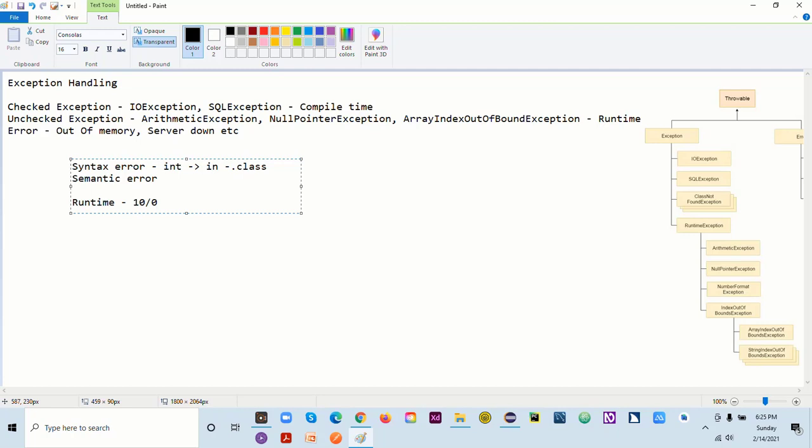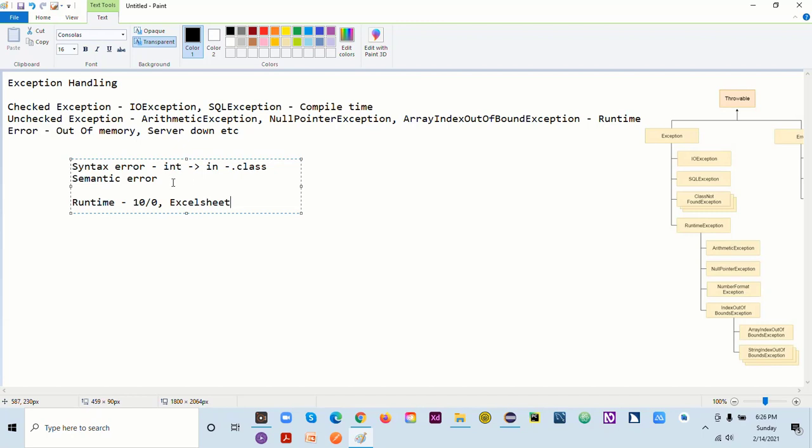This was not predicted before, and when you try to divide 10 by 0, it will throw an error. Or let's say you're dealing with an Excel sheet and that file is not present at a specific location, then it will throw an error. So all these errors come at runtime.